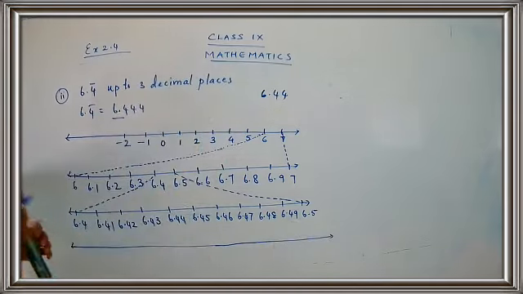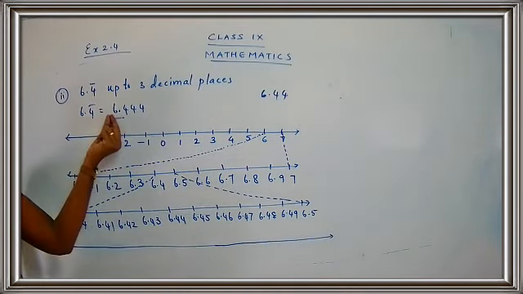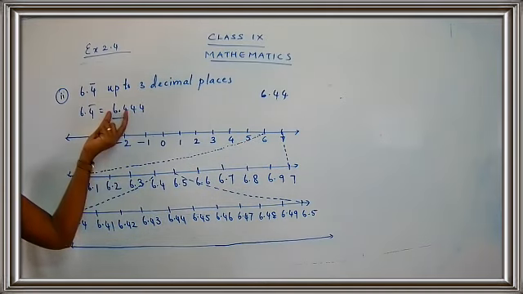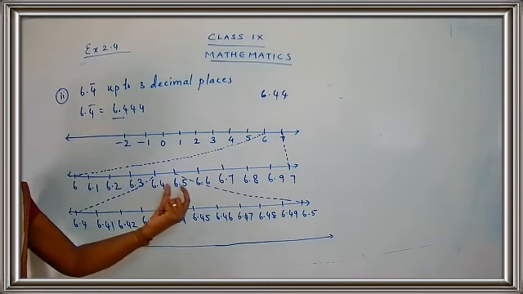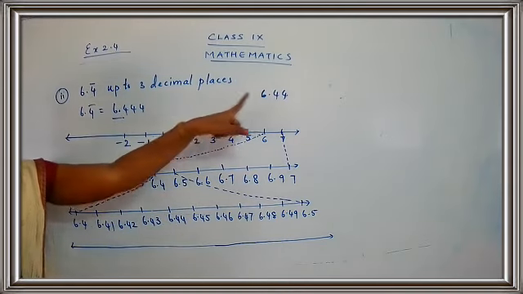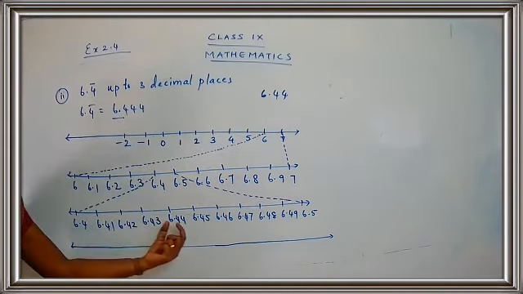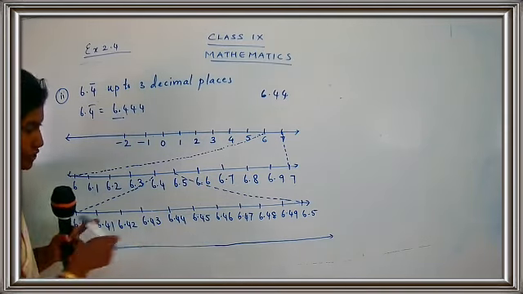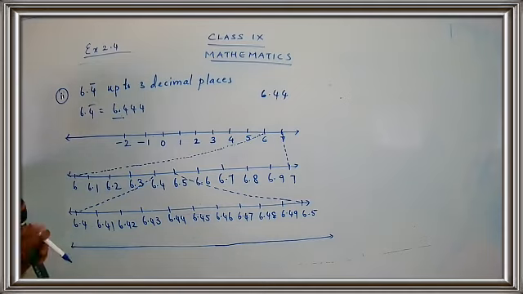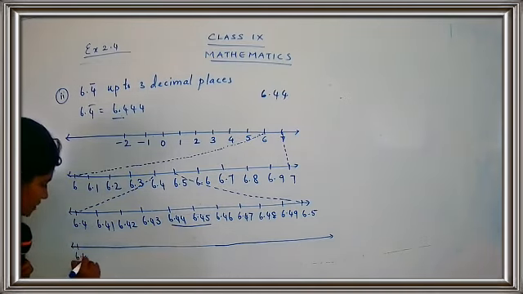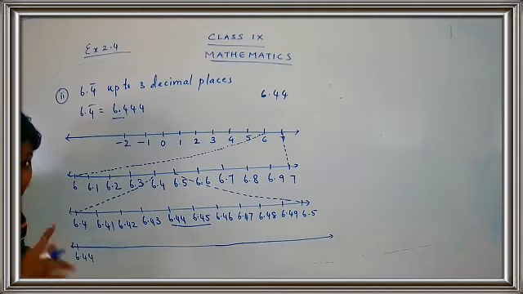Okay. So here it's 6 point. First I took 6 and enlarged 6 and 7. Then I took 6.4 and 6.5 and enlarged that area. The next one is 6.44. So I am going to take 6.44 and the next number. What is the next number? 6.45. So you are going to enlarge. You know how to write the numbers. I'll start from 6.44. What is the next number, children? Go on adding 1. That's all. Very simple.